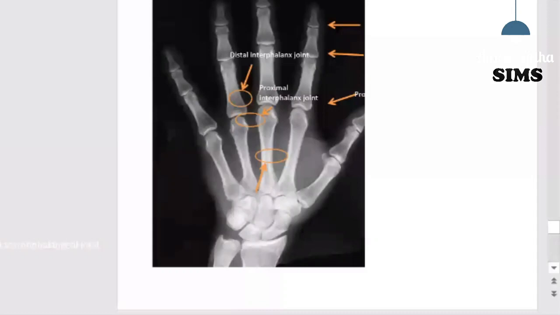So this circle around the bone is not that extensive, we have put chalk around the bone. So this is the mid shaft area of the third metacarpal. This is the metacarpophalangeal joint of the middle finger or the third metacarpal. These are interphalangeal joints and these are the terminal phalanges.